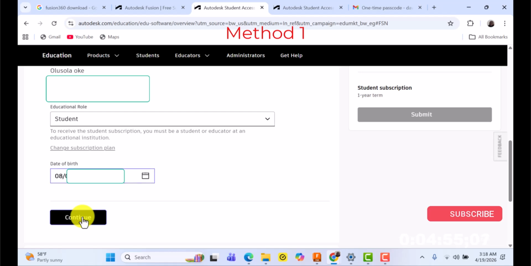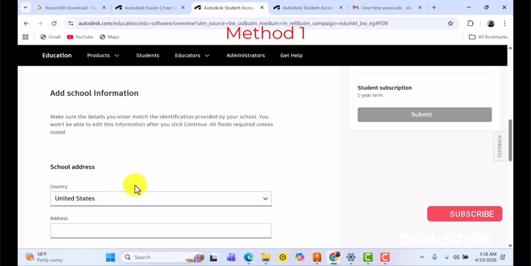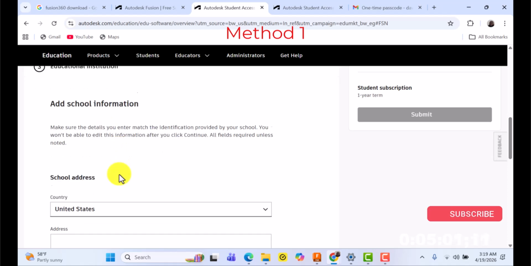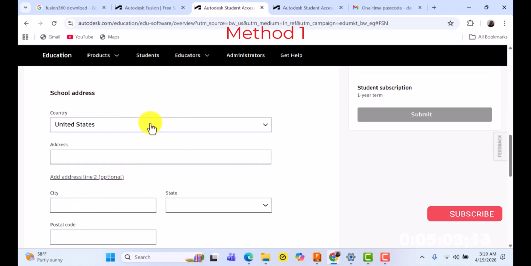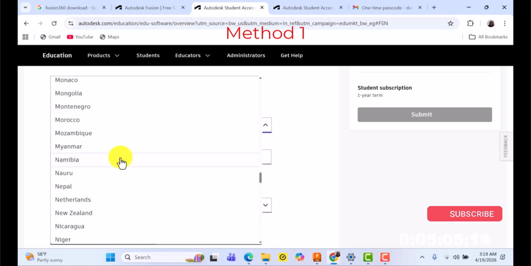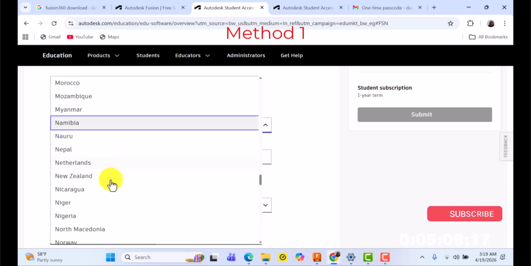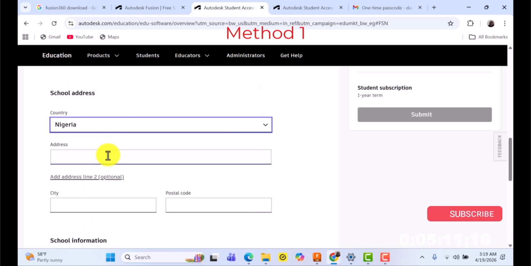Then you click on continue. Okay, so you'll be asked some other information about your school, add school information. So you can put in your school information, put in your country, the school address, okay, school address,